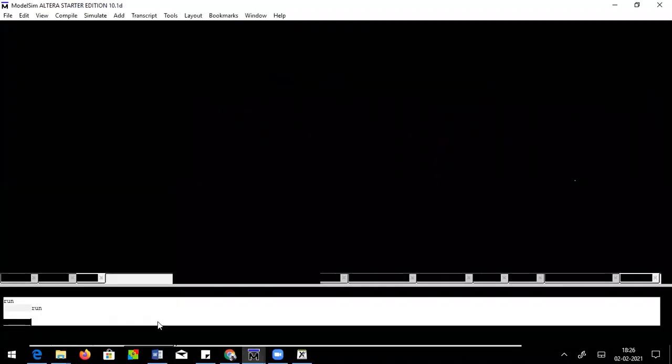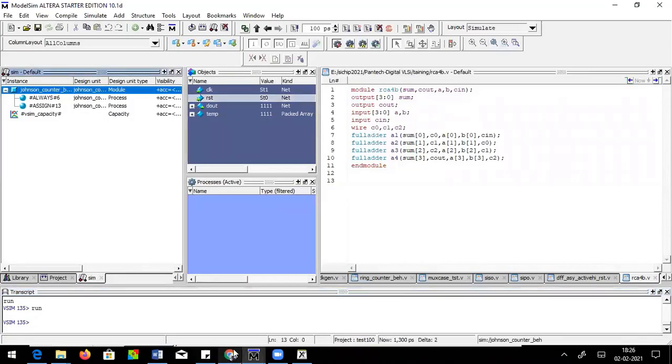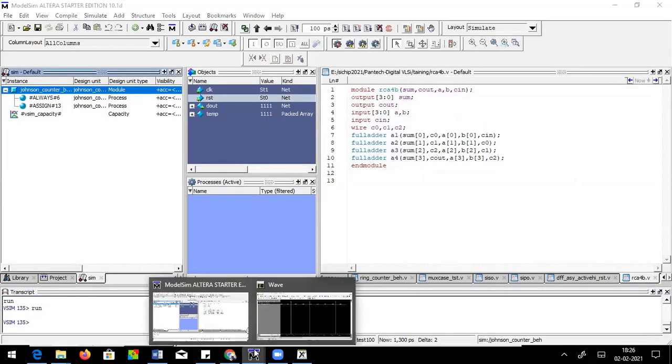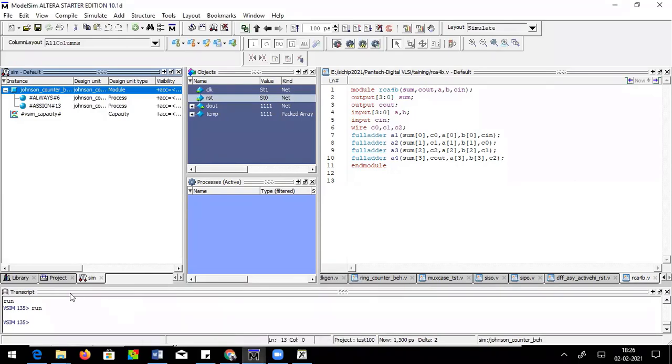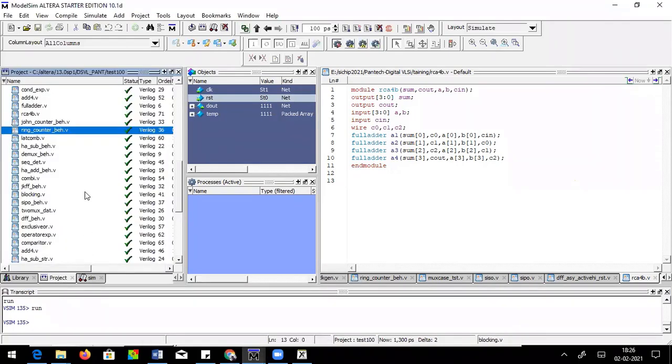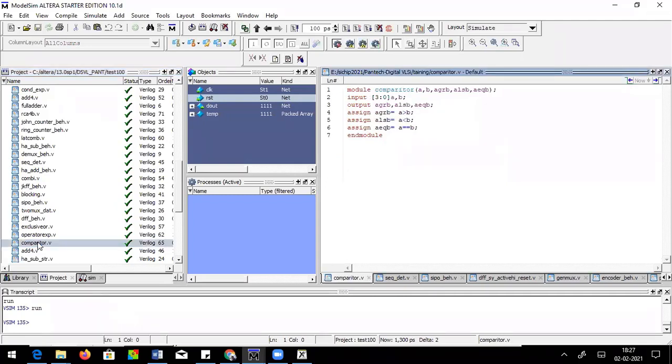Yes, that's all. I think we have covered most of the combinational and sequential circuits. For completion's sake, you can also see the comparators. Let's take a break of some 5 minutes, and then we will start with the test bench, how to write a test bench, and FSM. Those two we will check out. We will have a break for